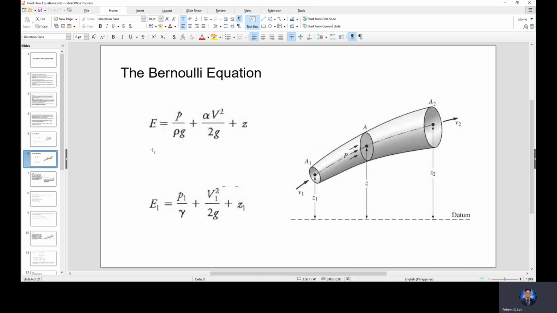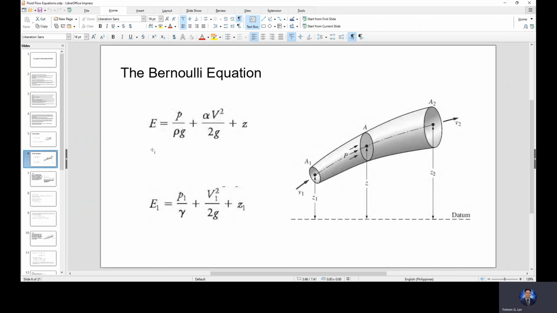It's a coefficient, but in most cases, alpha is just equal to 1, so we can let that as 1 and it disappears from the equation. So V squared over 2G, that's the kinetic energy, plus the Z, or the energy due to its vertical position,